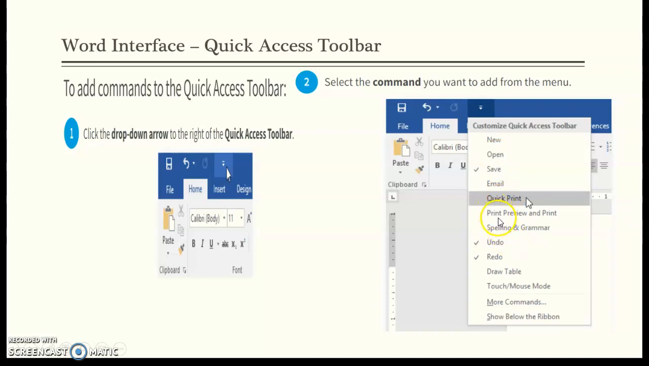You just have to do them one at a time. The difference between Quick Print and Print Preview: Quick Print will be an icon that looks like a little printer, and Print Preview will be a piece of paper with a magnifying glass. What happens with Quick Print is, if you have that as an icon in your Quick Access Toolbar, when you click it, it just takes it right to the printer and prints it right away,